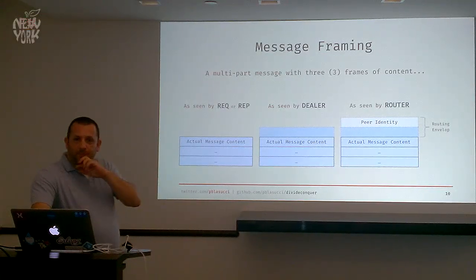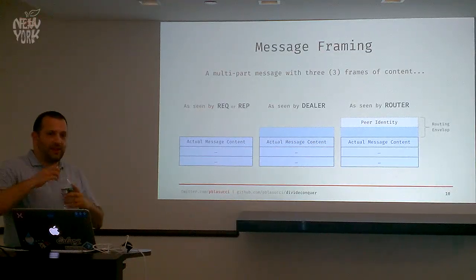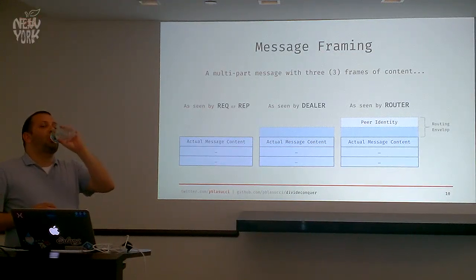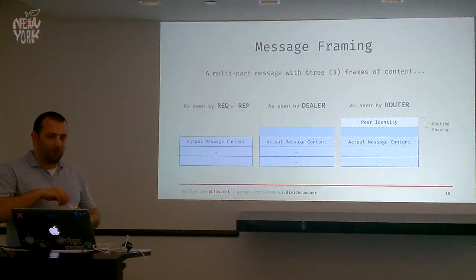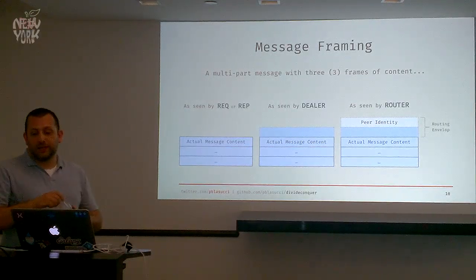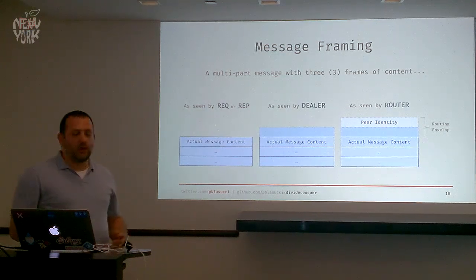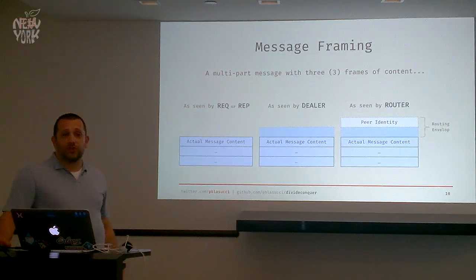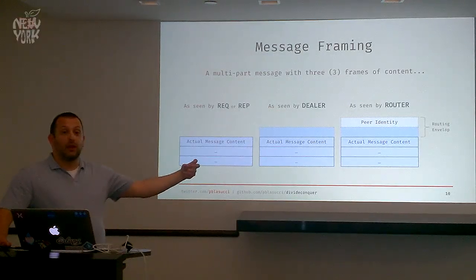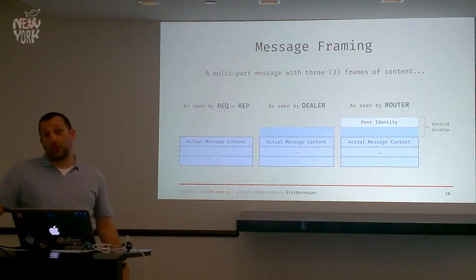Questions about this? Yes? Is the peer identity sometimes used as a user definition so you know who you're dealing with, or is it just used to return the data back? It can be either. If you do nothing with it, by default, out of the box, ZeroMQ just treats it as a return address, like, hey, this is where this message goes. But you are free to fully grab it, inspect it, set it, do what you want with it, and treat it as actual data, which our chat application will do.